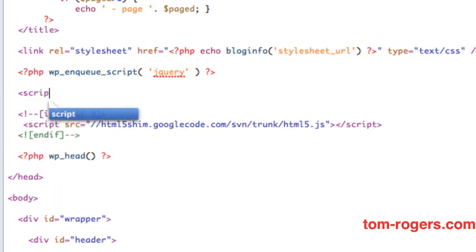Script type equals text/javascript. And source is going to be equal to